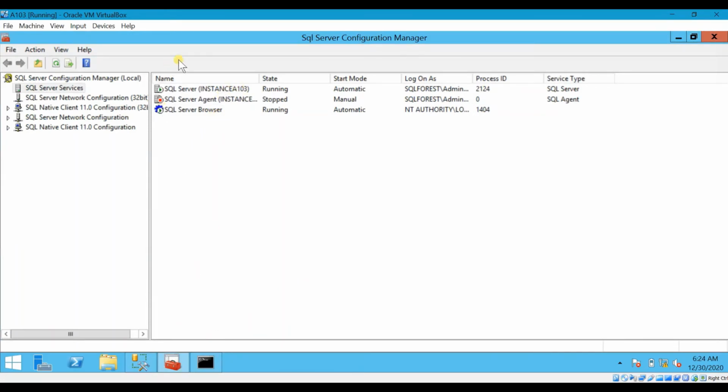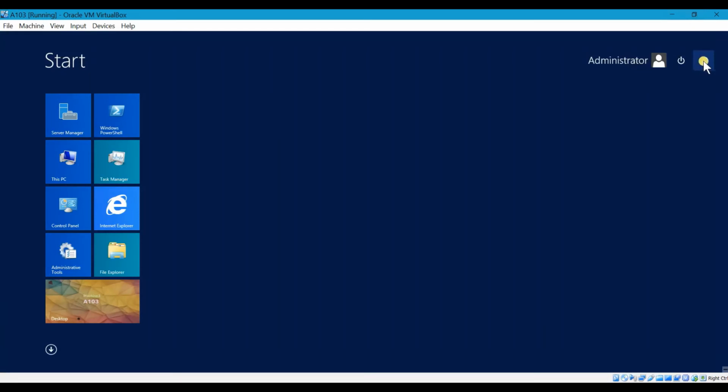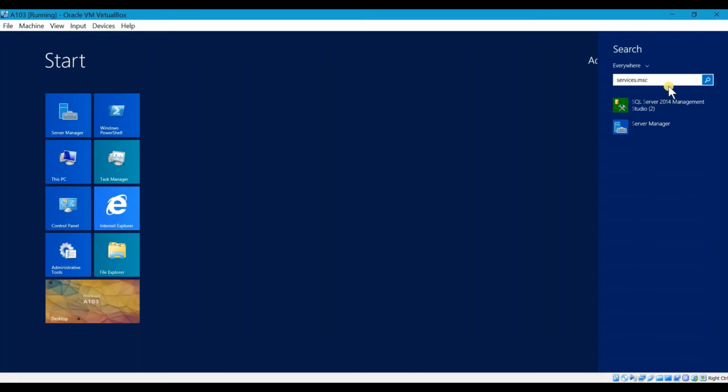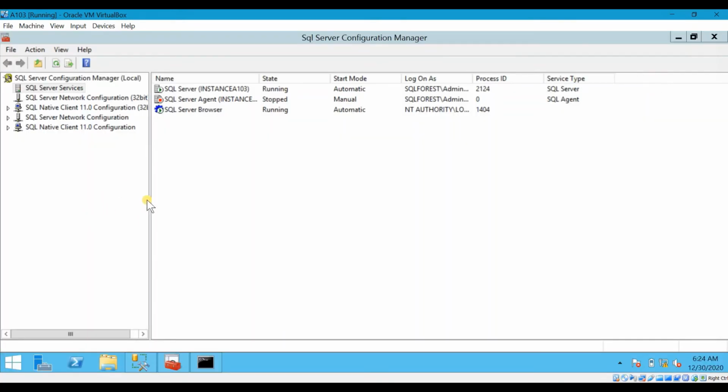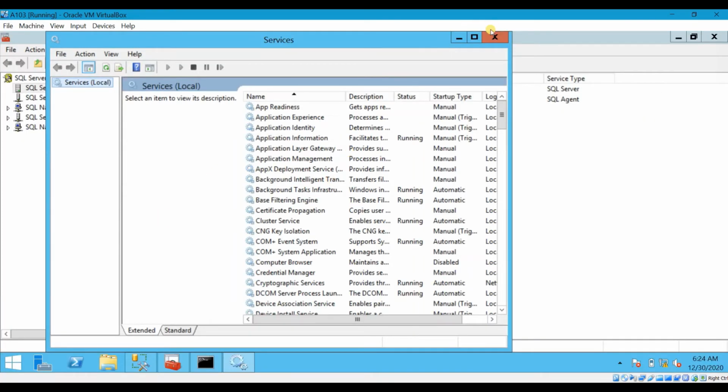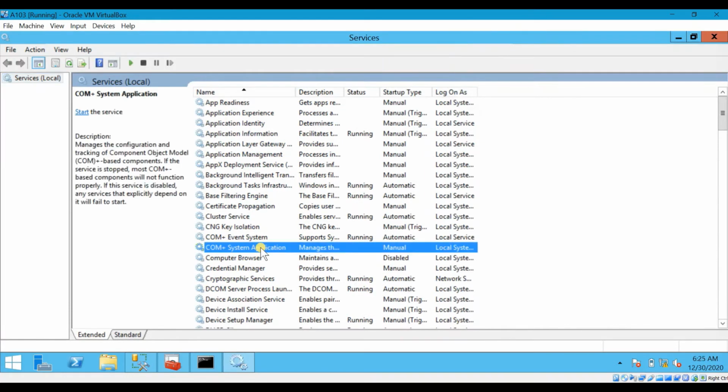Or if you are in doubt whether the instance name is correct or not, and how to give the instance name exactly, you can just go to services.msc, and you find your SQL Server service.